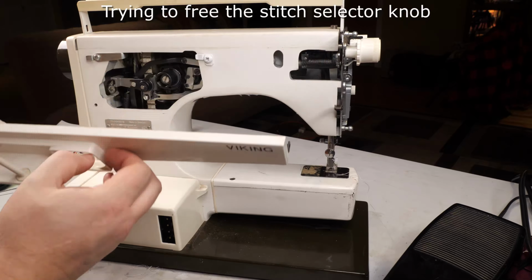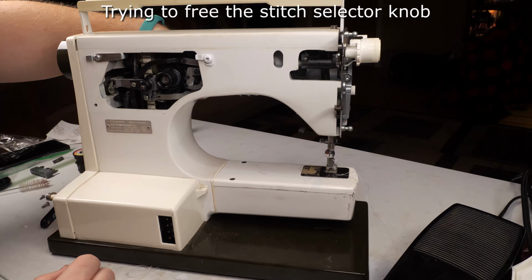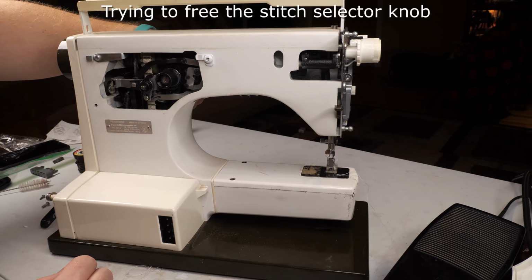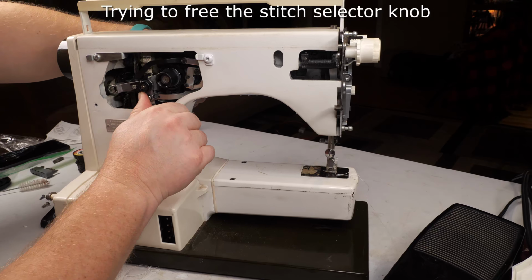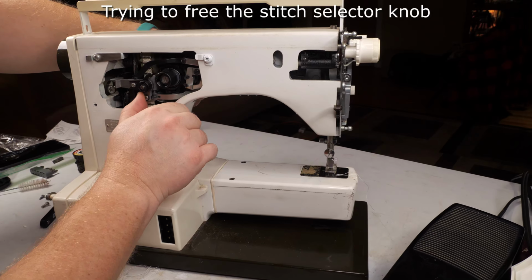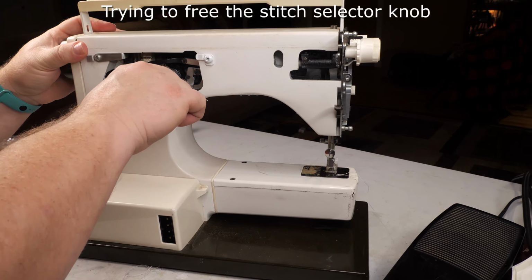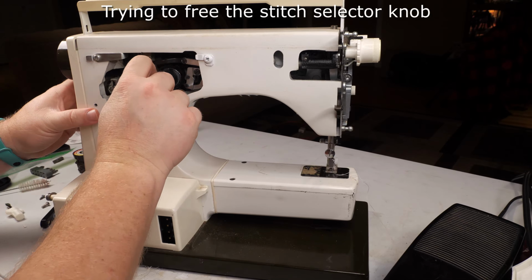So I couldn't get the selector knob that's supposed to do cam selection to turn, so I twisted it and tried to see if I could get it to work. I was just randomly twisting all the knobs on the front because there's the stitch length, stitch width, and then the cam selector. I also checked to see if that would loosen up, but that screw in the center of the cam stack